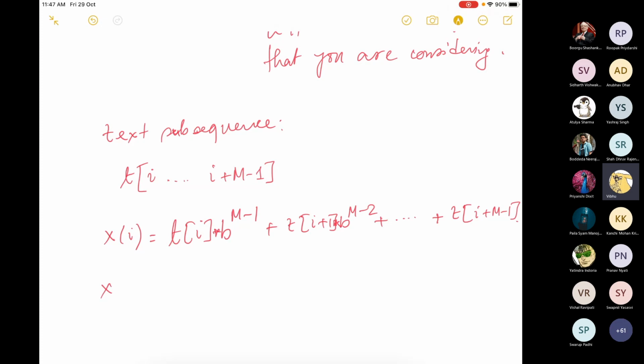For the next subsequence, xi plus 1, this will be